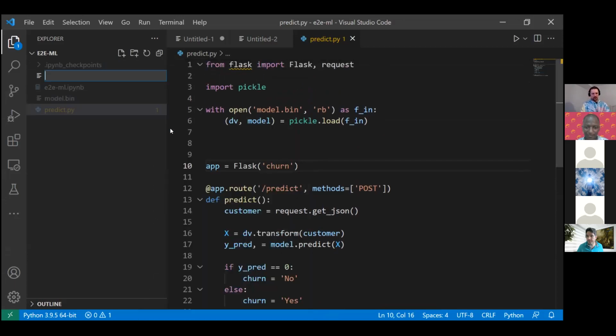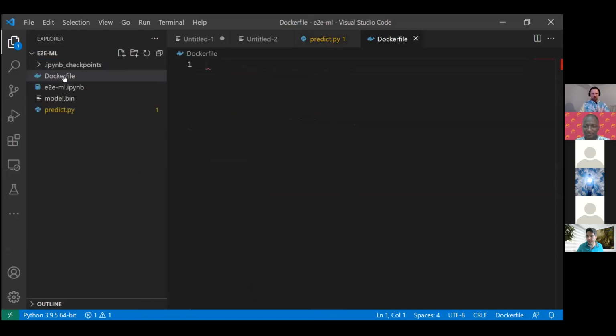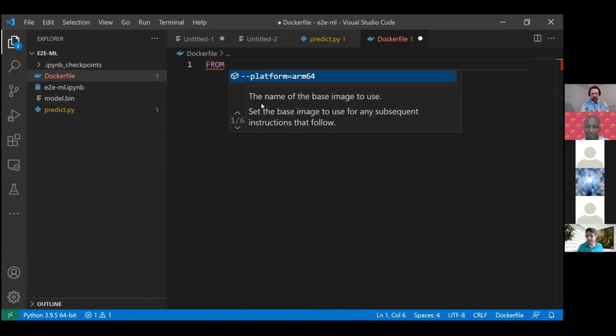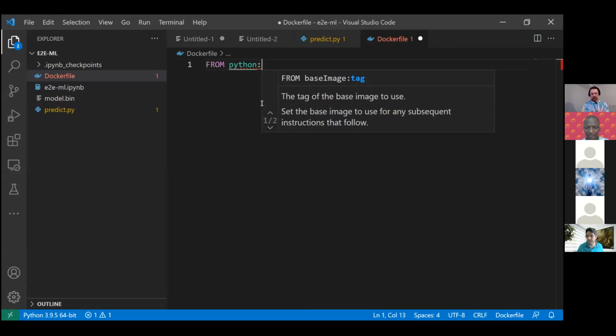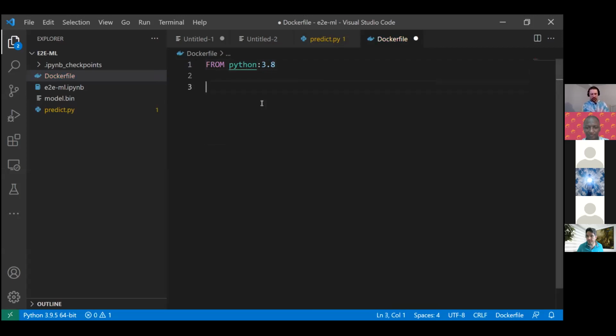So for that, I will use a Dockerfile. This Dockerfile describes what exactly should be in a Docker image. And it always starts with a FROM statement. This is the base image that we want to use for our application. So in our case, let's go with Python 3.8. Well, it already has Python. Yeah, we will just put our application there in this image. But if we just put it there, it will not work because it needs a bunch of libraries.